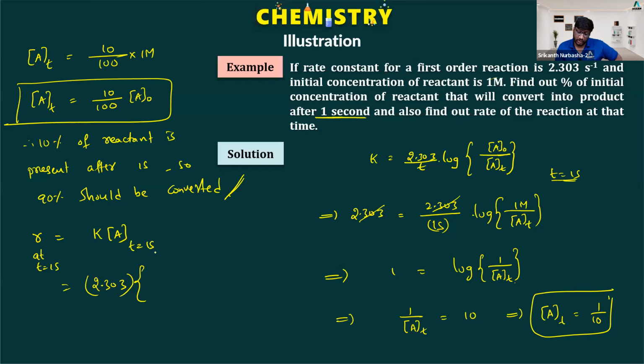At time t equal to 1 second, concentration of A is 1 by 10. So 0.2303. This is the rate. Rate of the reaction at time t equal to 1 second is 0.2303, because rate is equal to K into concentration of A power 1 only, because it is a first order